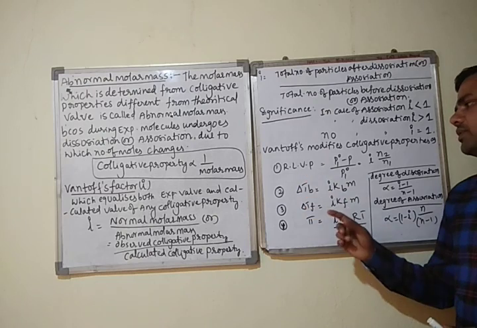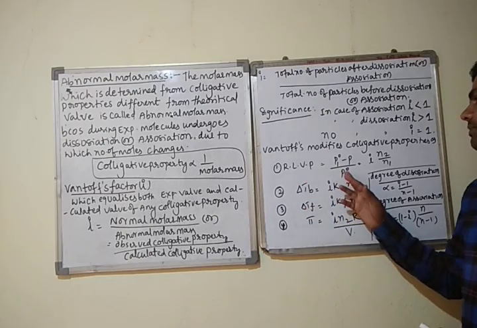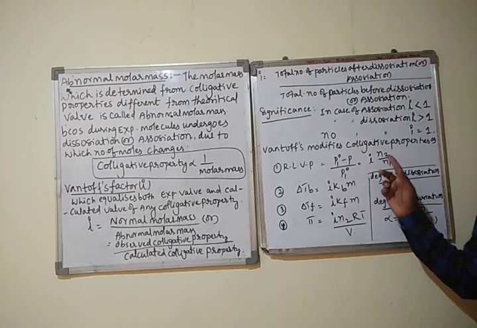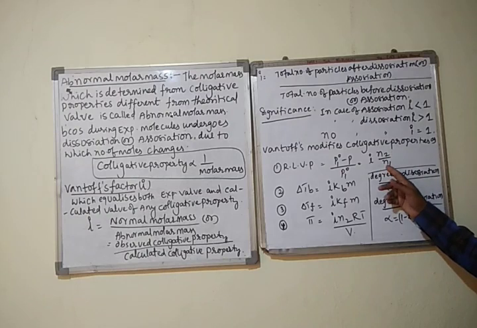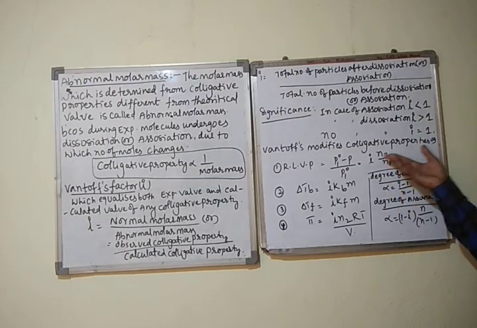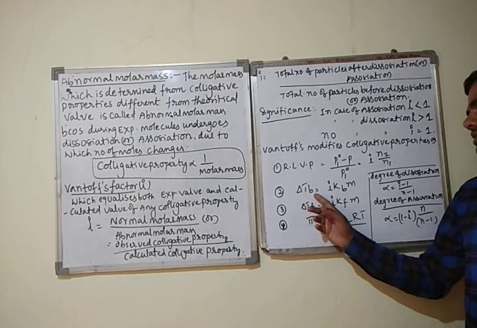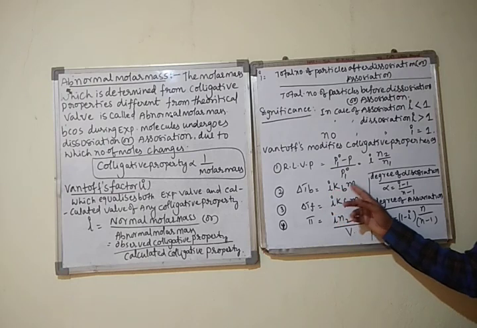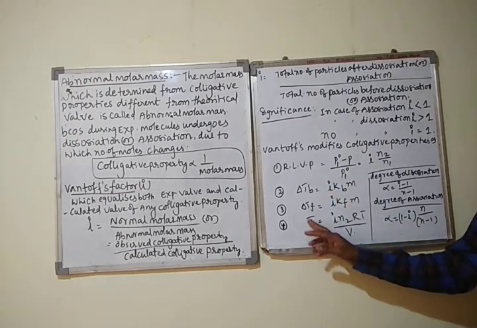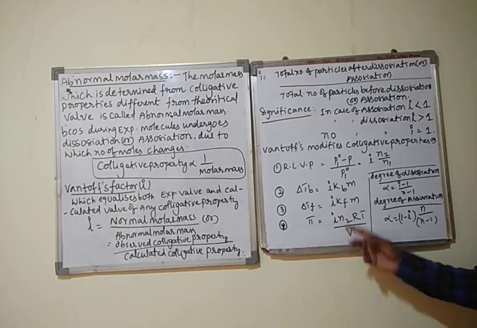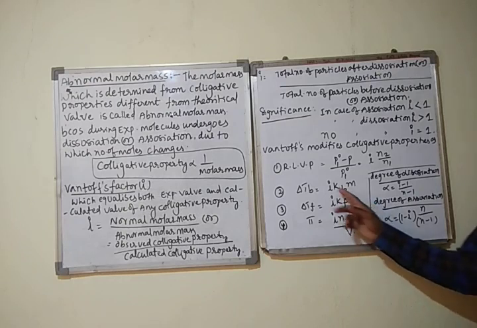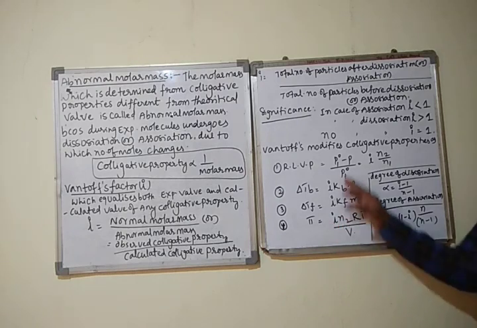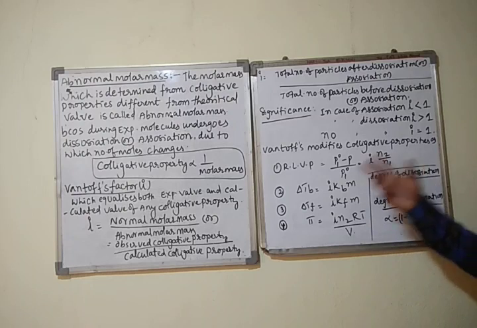First, we are taking relative lowering of vapor pressure. You know already the formula (P0 minus P) by P0 is equal to, we are just applying the Van't Hoff factor I, is equal to n2 by n1, meaning w2 by M2 into M1 by w1, we can apply, right? Second one, delta Tb, elevation in boiling point, again we are multiplying I into Kb m. Just the formula we have Kb into m, but we are taking the Van't Hoff factor I also. Next, delta Tf, depression in freezing point, I into Kf into m, right? And last one we have osmotic pressure, pi equals I into n2 RT by V. So these are the formulas which are used by using what?